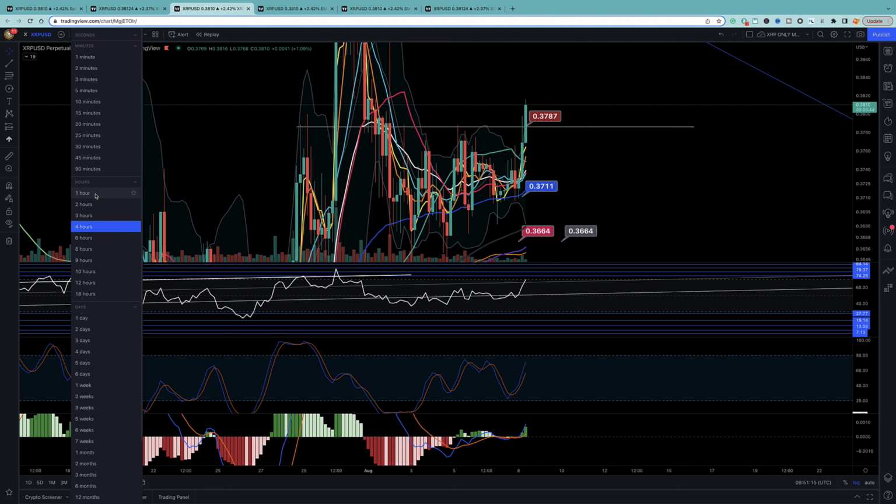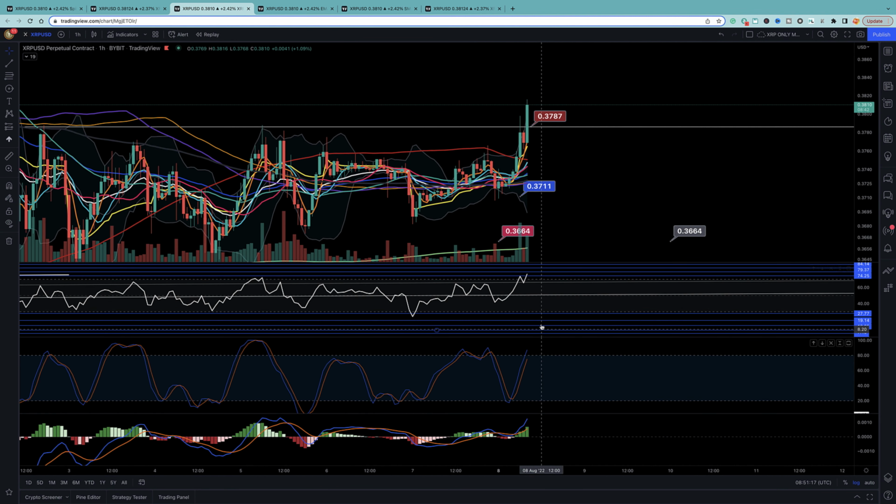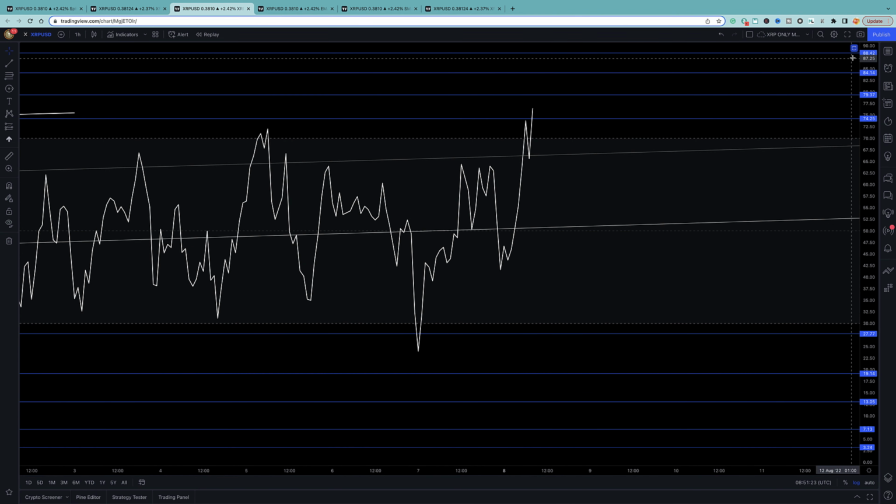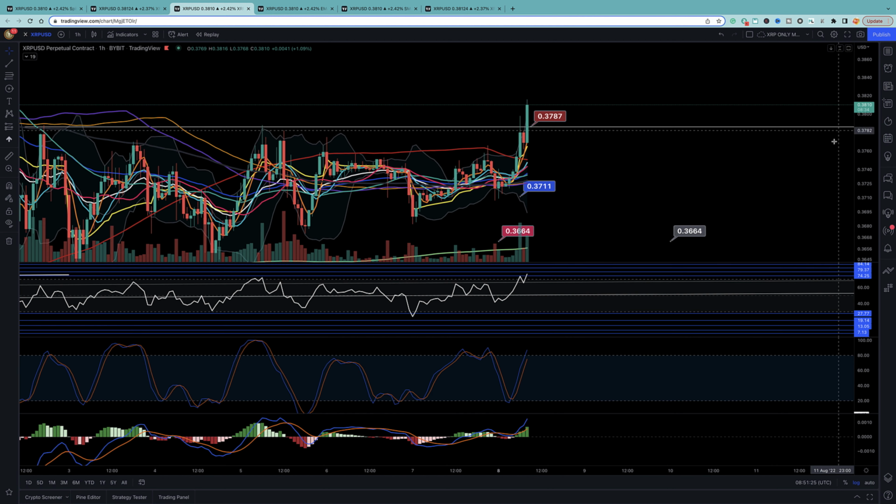When I go into the hour, the hour is in the overbought on the RSI, and I got there very quickly. Look how many candles. It's not getting big movements, but yet the RSI is in the overbought. The stock is getting back to the top